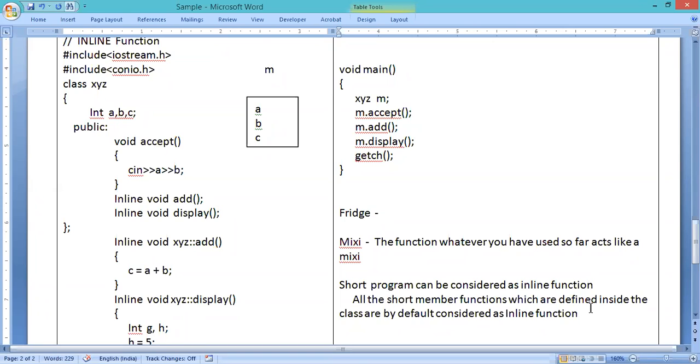Got it? If they are short programs, by default they are granted as inline functions, even if you don't include the word inline. If you include the word inline, nothing is going to happen. If you just include the word inline for a void or accept function, then you are just putting a request. Even if you don't request, it will be taken as an inline function if it is a short program,